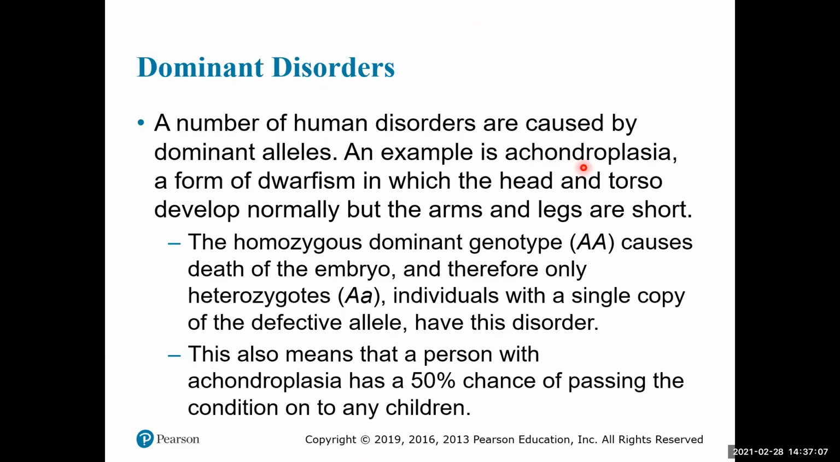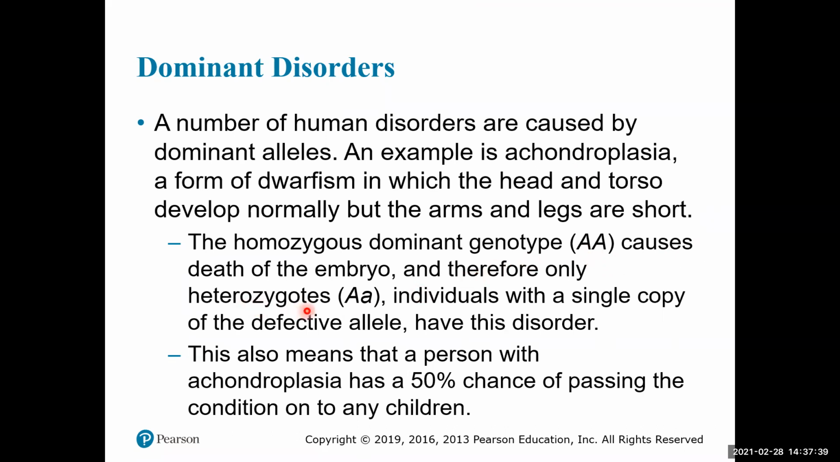All right, the next thing we're going to talk about is dominant disorders. So dominant disorders is the opposite of your recessive disorders. So instead of being caused by recessive alleles, they're caused by your dominant alleles. So for example, dwarfism, which is also known as achondroplasia. This is a disorder that can happen if you have a homozygous dominant genotype, so 2 uppercase A's, or if you have